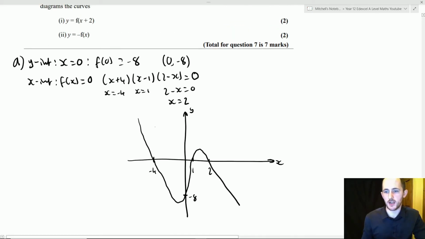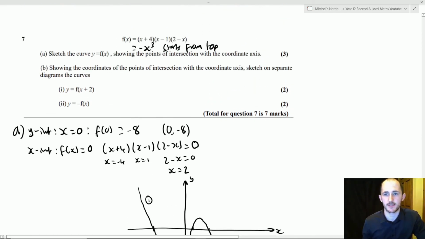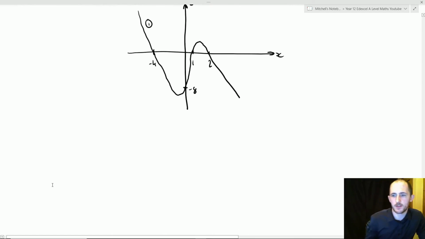A mark for the curve, and again remember the next 2 marks come from having all the right points. There are 4 coordinates. They give you 2 points, but it's not 2 marks, which is not half a mark each. You drop 1 for every one you get wrong. Which, yeah, sounds a bit crappy, but is what it is. Part B, sketch on separate diagrams. Cool. So if we look at part B,